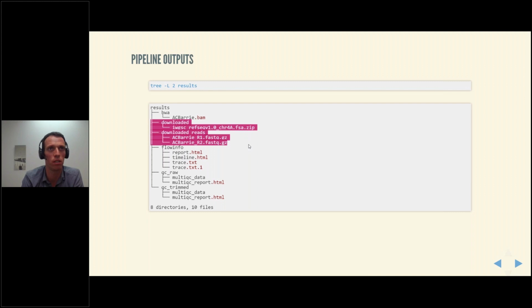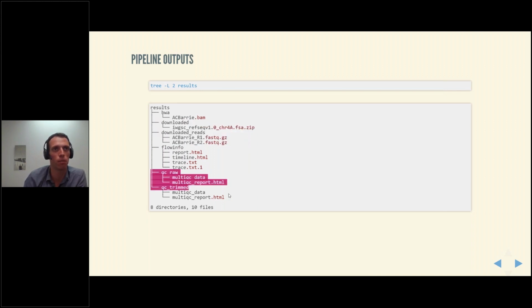Although it's a good way of making sure that things will not be re-downloaded even if you delete the work directory, it also means that if any of those files has changed or was corrupted, the execution of those tasks will be skipped anyway because there is a file called like that. So there aren't any extra checks for that. Coming back to the publishDir directive, here are the other two examples where the QC and MultiQC results have been stored in those specific directories.